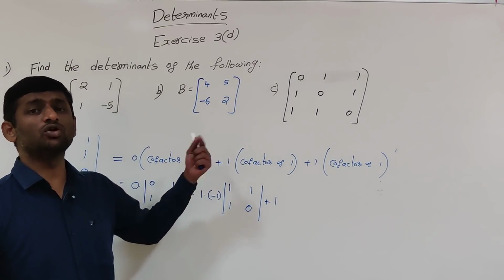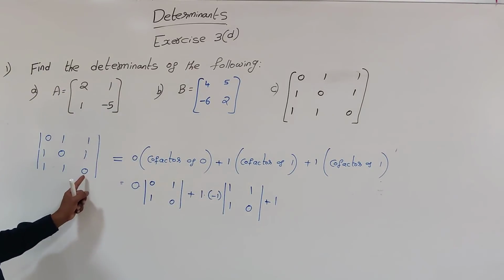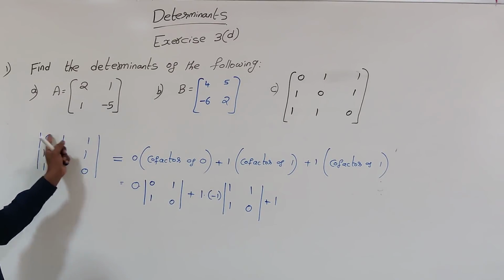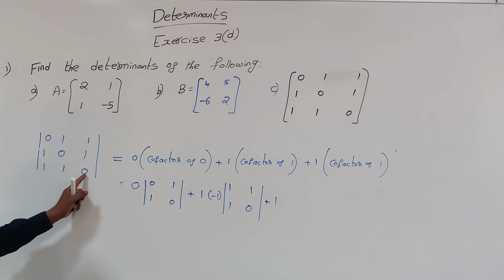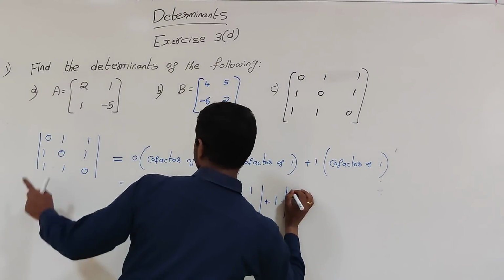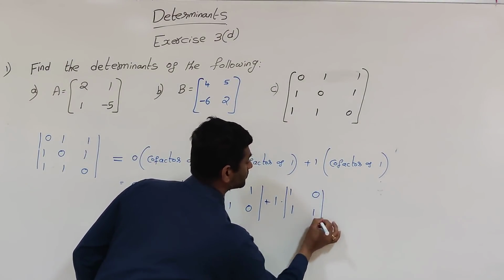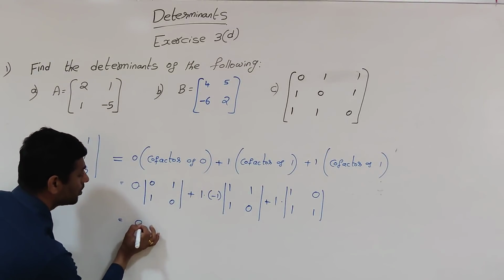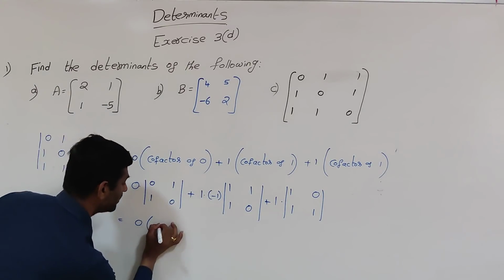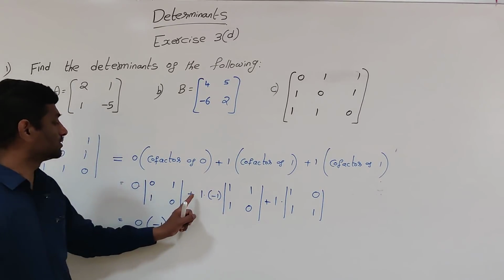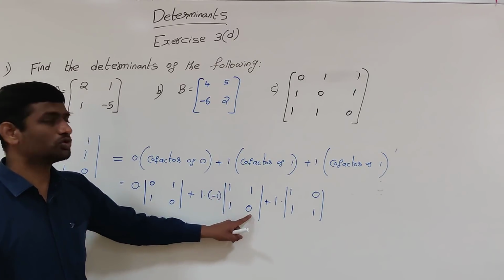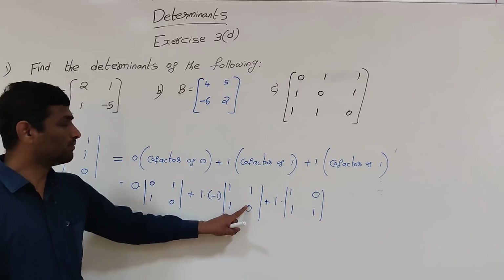It is minus 1 whole to the power of 1 plus 3. So it becomes positive and the minor of 1. After hiding the first row and third column, you will be left with 1, 0, 1, 1, into the determinant of 1, 0, 1, 1. So which is 0 into the determinant, that is 0, 0 into 0, 0 minus 1. So it will be minus 1, because plus into minus gives minus. Minus 1 into the determinant of this 2 by 2 matrix, 1 into 0, 0 minus 1 into 1.